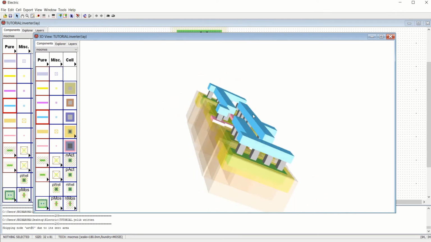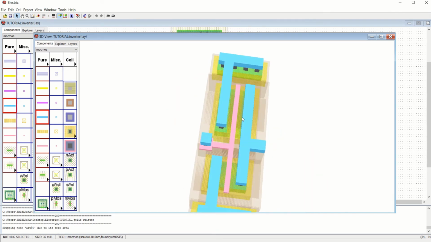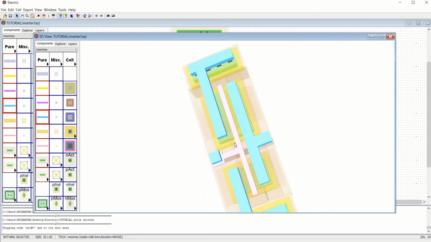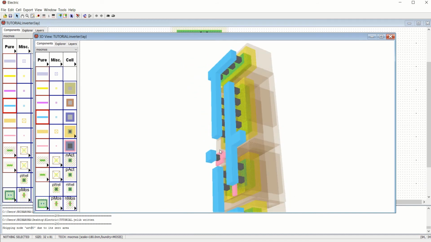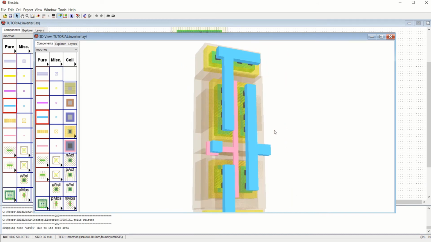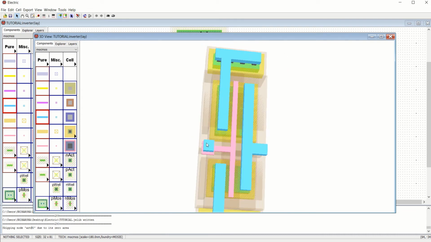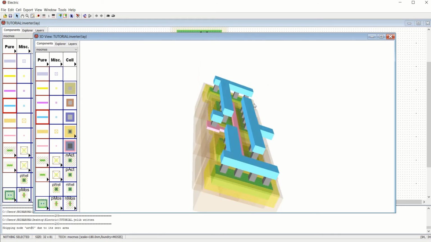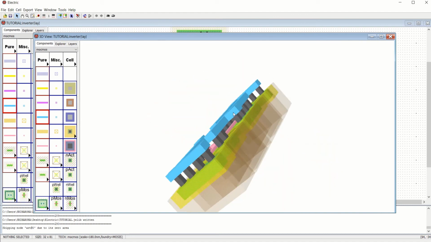Top blue color shows that it is metal one. The pink color shows that it is polysilicon, and the top transistor with the width is placed on the body or substrate. So this is your input, and this acts as your output, and the source is connected to the VDD. So this is how it looks in a 3D implementation.